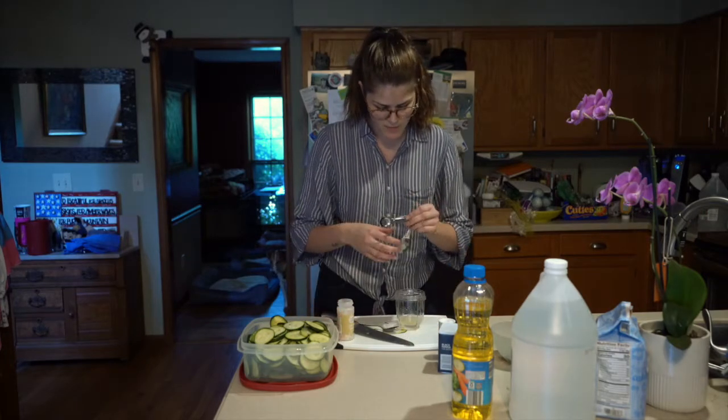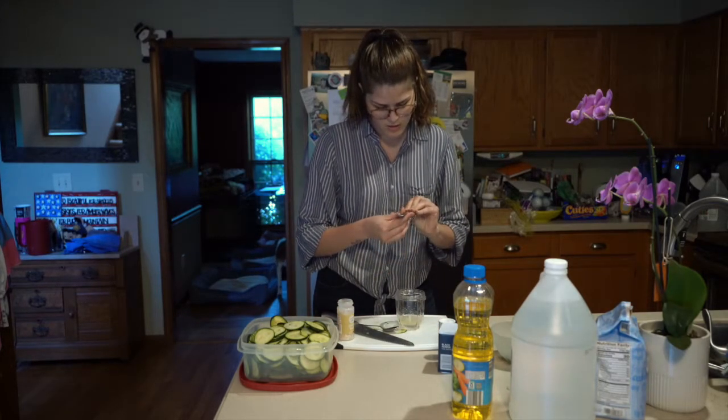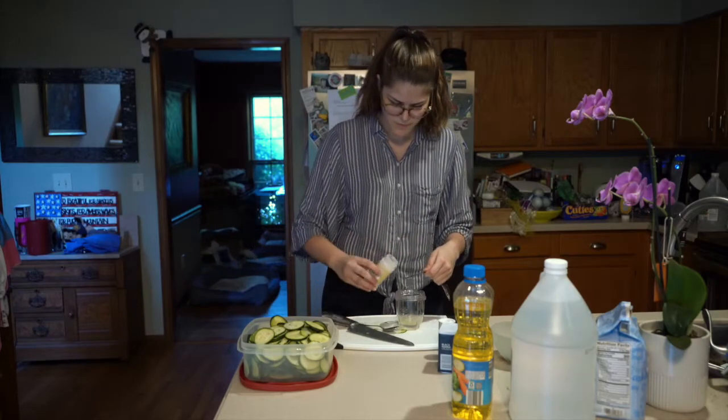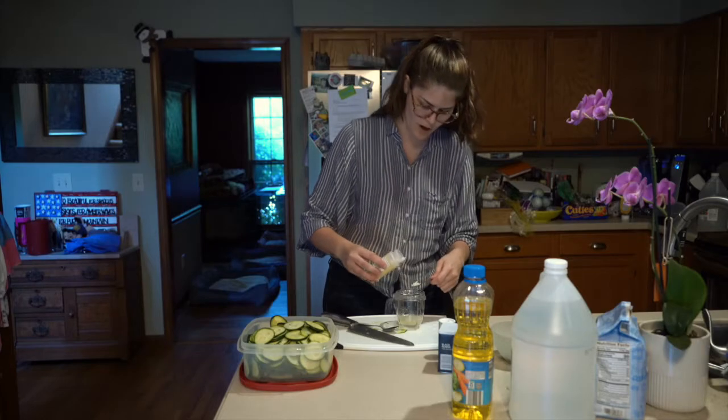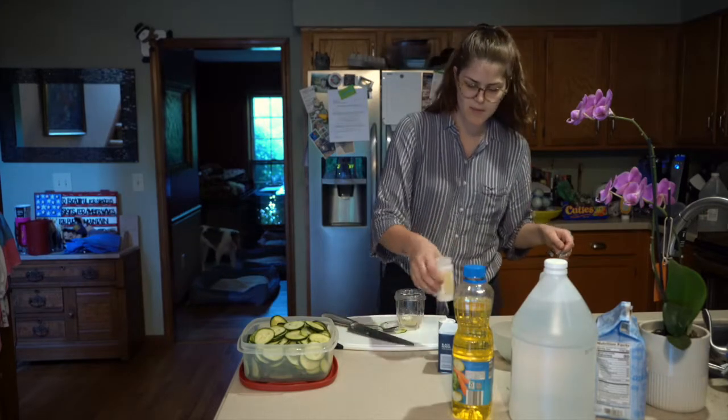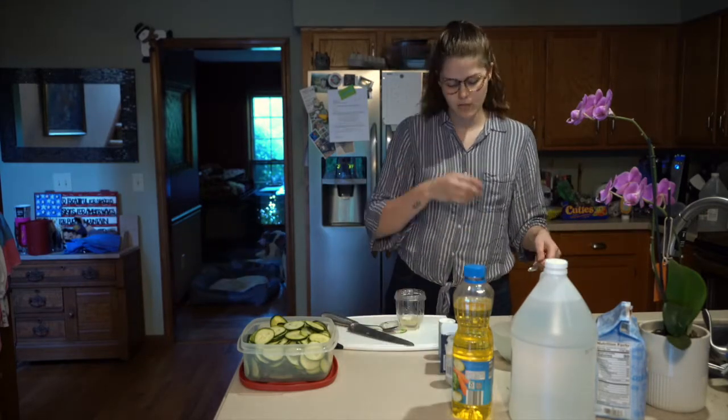Find your half a teaspoon measurer. There we go. And again, hold it over the cup just in case anything spills out. It can just drop right on in. And the onions is probably something also, if you don't like onions too much, you could leave out of the